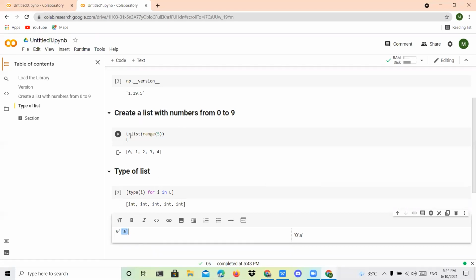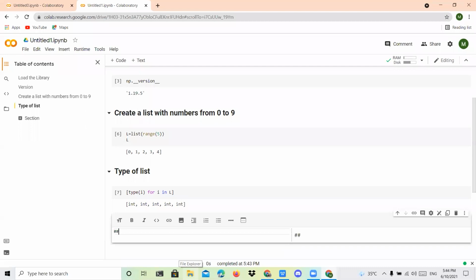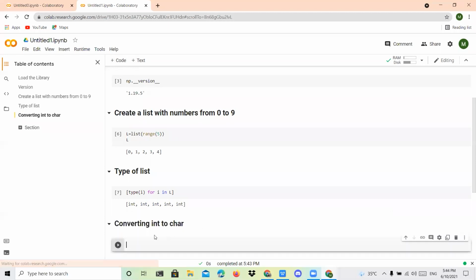Now I want to convert this L into characters. How can I convert this? That is also possible. Converting int to character: I'm going to check only that array, so I have to use a square bracket.